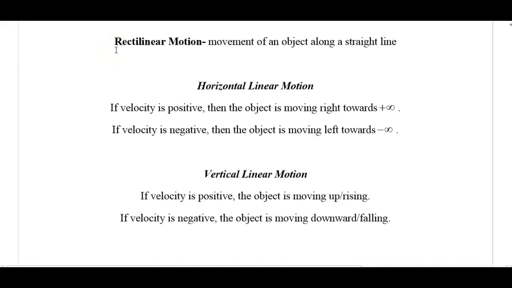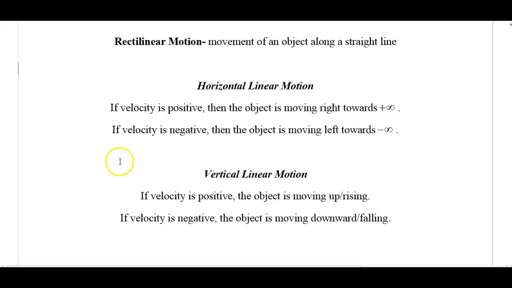Alright, the next few pieces of information are going to be facts that you need to know about rectilinear motion, which is just movement of an object along a straight line. Because we can have two different types of straight lines, horizontal and vertical, it's important we talk about both. So if we have horizontal linear motion, if velocity is positive, then the object is moving right towards positive infinity. So think about an object moving along the x-axis. If we find out that velocity is positive, then the object will be moving right towards positive infinity. But if we find out velocity is negative, then the object is moving left, so on the x-axis towards negative